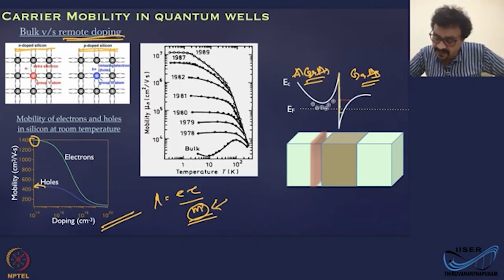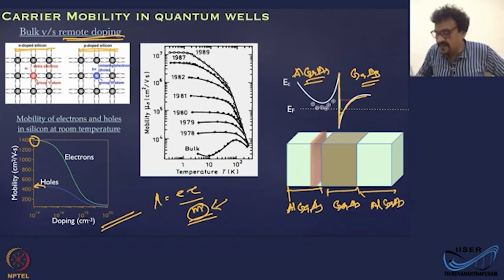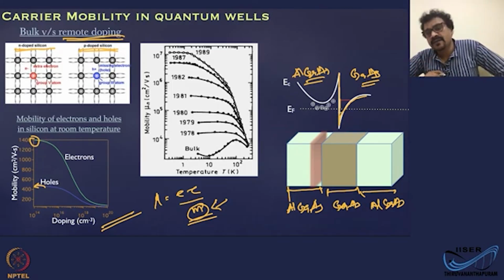So you get a quantum well at the interface. Okay, so this is your aluminum gallium arsenide, and this is the gallium arsenide, and you can again have aluminum gallium arsenide. That is not relevant for this discussion, but at this interface you get a quantum well, but the carriers